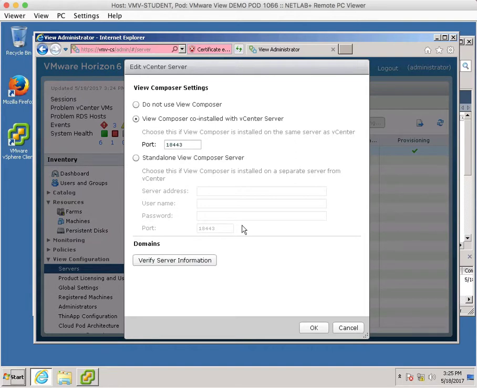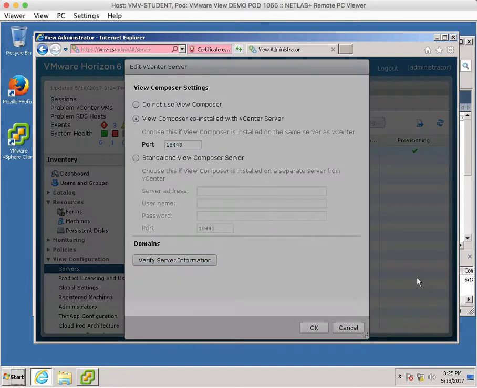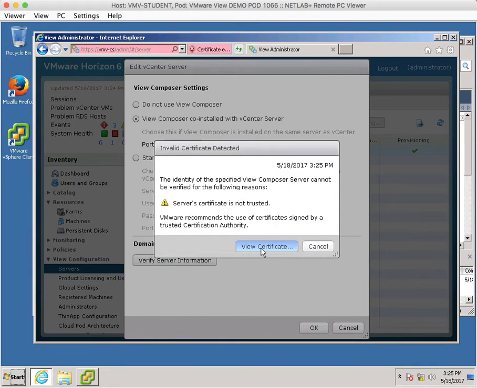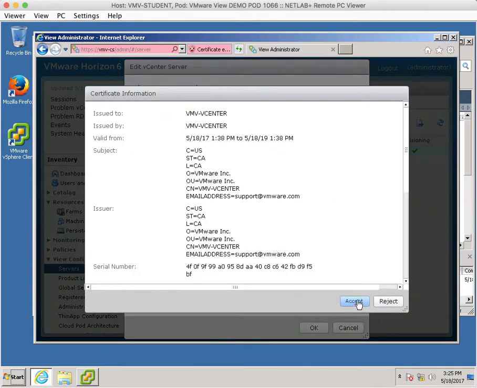Again, the connection server cannot be co-installed. We're in the connection server here, but we're setting up the configuration settings for the Composer. Recall in Lab 9, we actually installed the Composer on the vCenter server, but we didn't do the configuration for it. So that's what we're doing here. Go ahead and click on Verify Server Information. Click on View Certificate, click Accept,